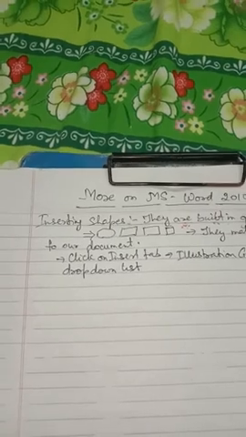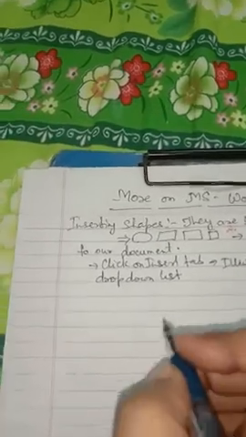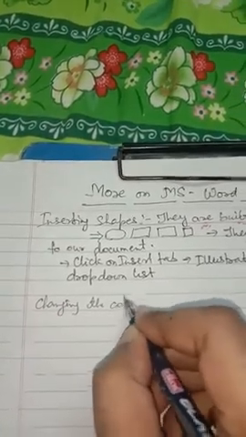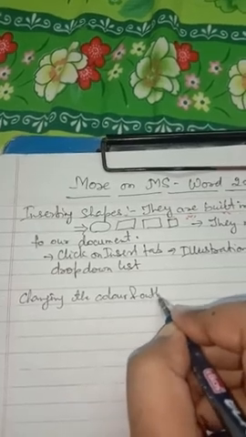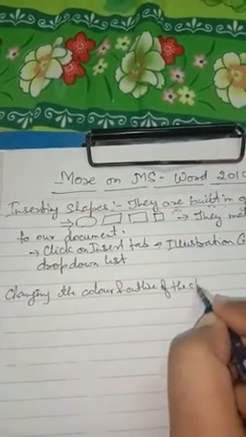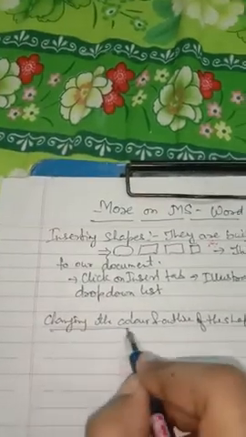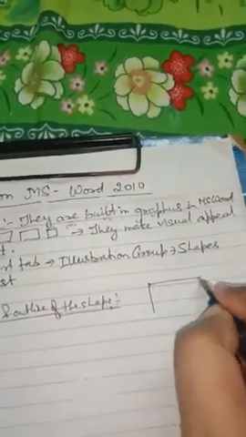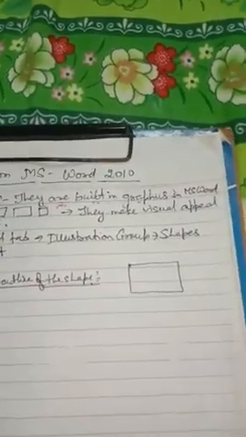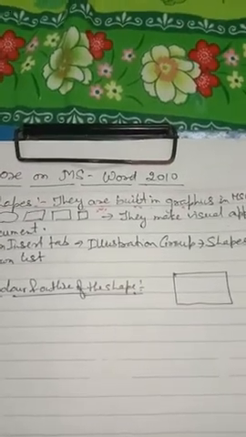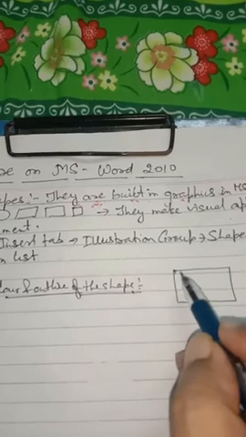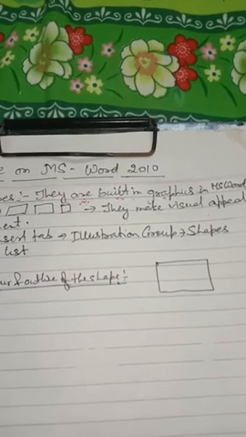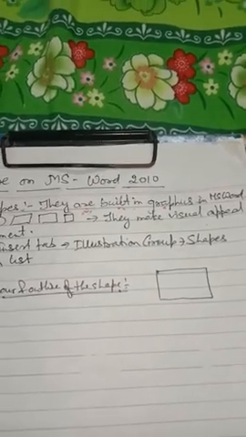Next topic that we are going to discuss is changing the color and outline of the shape. Now here, suppose we have a rectangle shaped square over here. So now we can add color inside this box, and the outline color means the color of the border of this rectangle. So we can change the color and the outline of the shape also as when required.